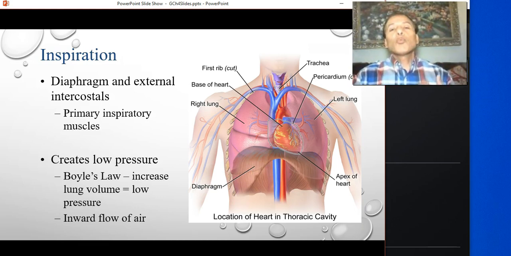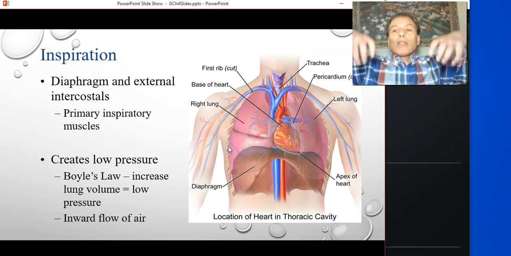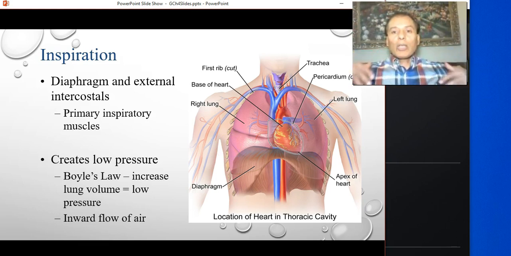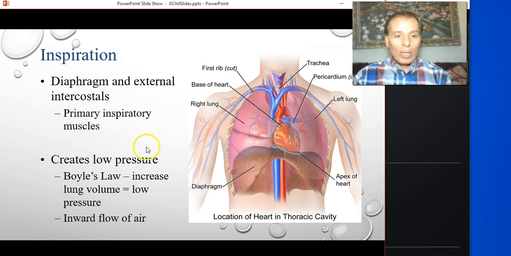But when we exert effort, like I'm speaking now, I am using more. And I'm using the diaphragm and a group of muscles that are called the assisting or the accessory muscles of inhalation. All these muscles enable us to elevate the thorax and expand it and hold it until the lungs fill up with air, and then we achieve inhalation.